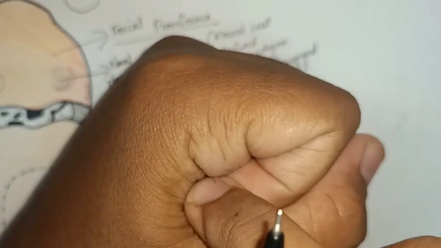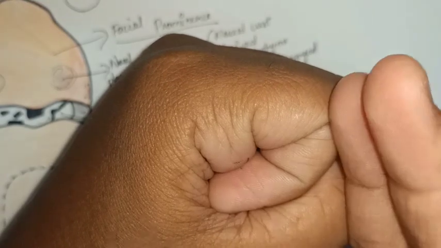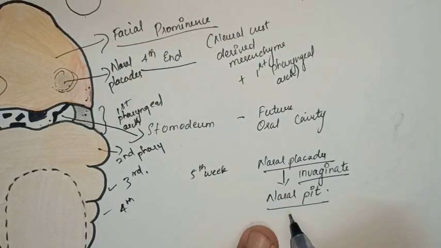See, this is the pit and this is the prominence, that is the ridge of tissue that surrounds the pit, right. If it is on the medial side, that means it is the medial nasal prominence. If it is on the lateral side, it is the lateral nasal prominence. Okay. So see,